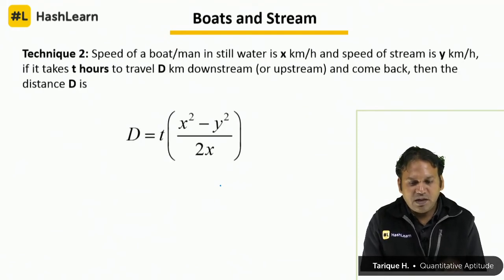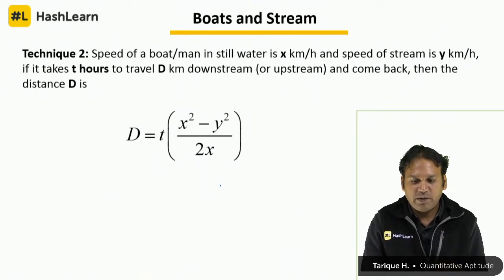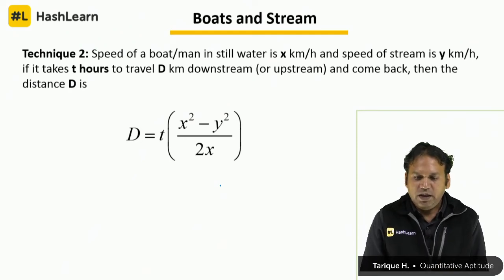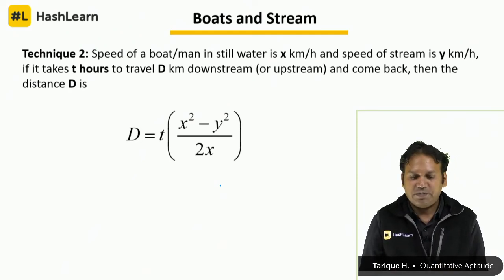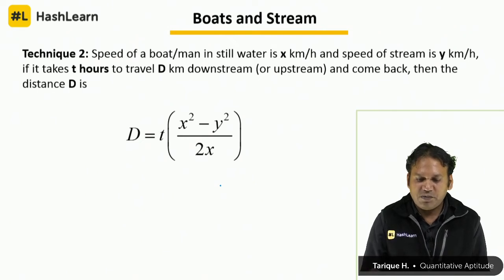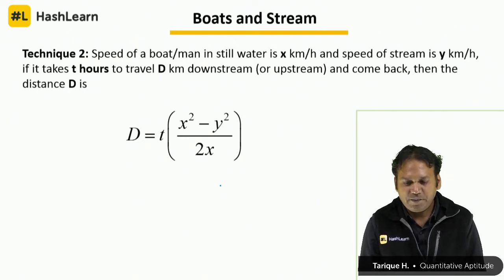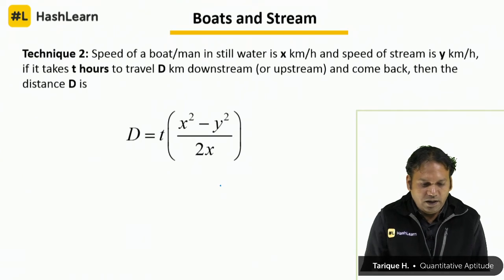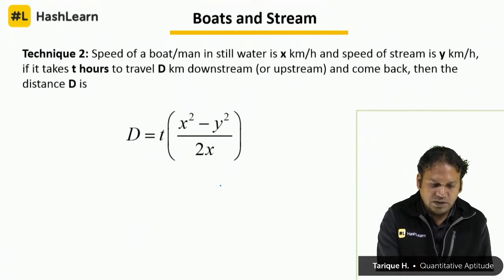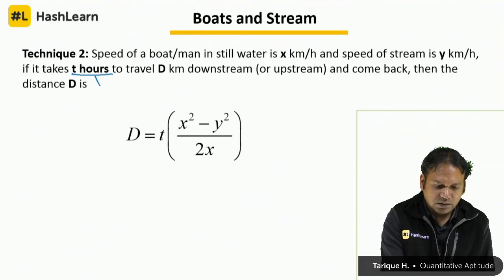Speed of boat in still water is x kilometers per hour and speed of stream is y kilometers per hour. X and y are given to you. The speed of boat is given to you, speed of stream is given to you. If it takes t hours to travel downstream and come back, so t hours, total time,